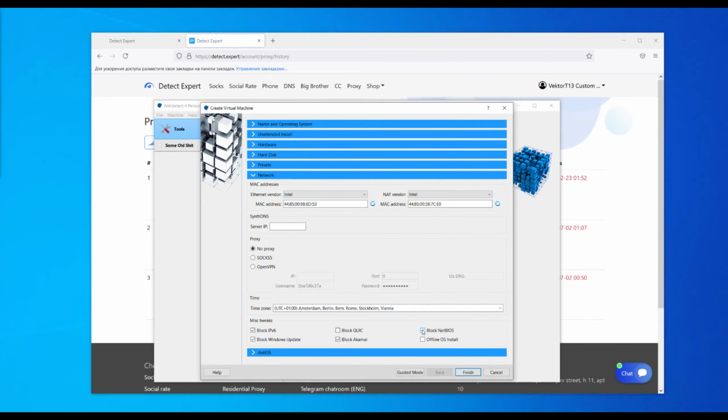Block NetBIOS is set by default, just leave it, yeah? Offline OS install. Offline OS install is an extremely important option, but only if you are working with Microsoft, as in your case. But if you are working with Microsoft from the Windows infrastructure, I mean when you are using an online account instead of an offline account, when you are connecting your MS Store,